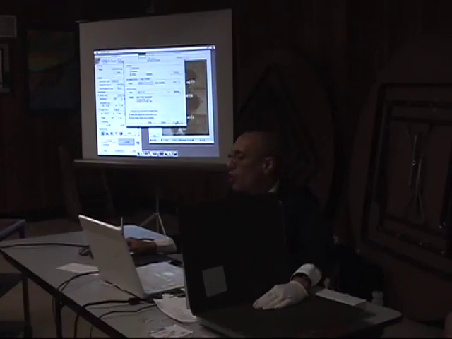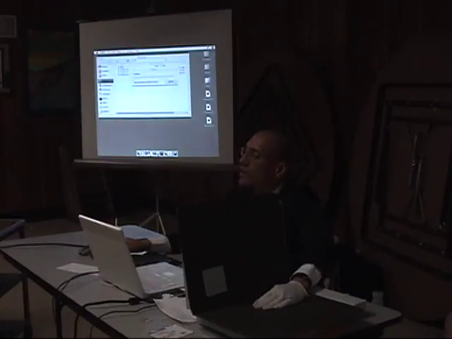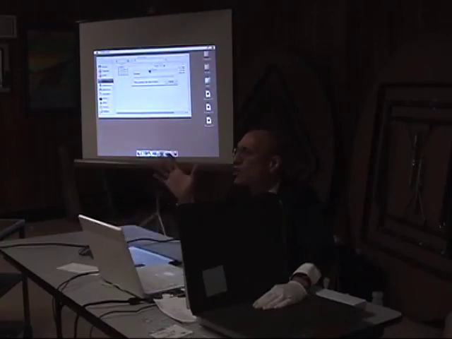Another thing you should note when I'm scanning is that I'm not doing any color corrections. I'm not trying to fix the color. I'm not trying to get rid of